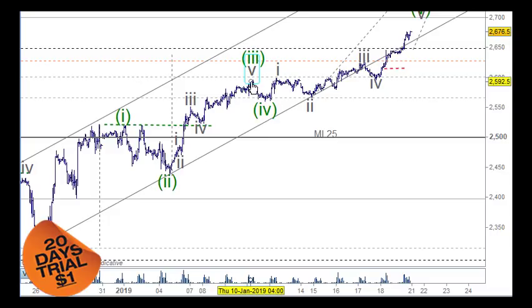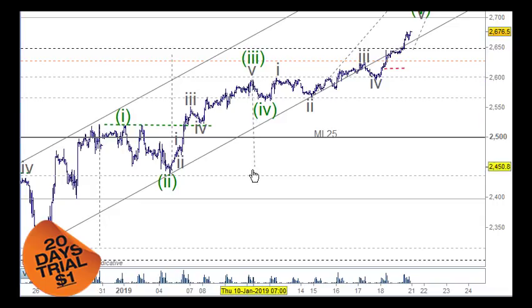If that's going to be the case, then what we need to look at next is, it's okay to have wave 3 shorter than wave 1 because wave 1 can be leading higher, but it means that wave 3 can't be the shortest. So that means that wave 5 here needs to be shorter than wave 3. So if we roughly take that there,